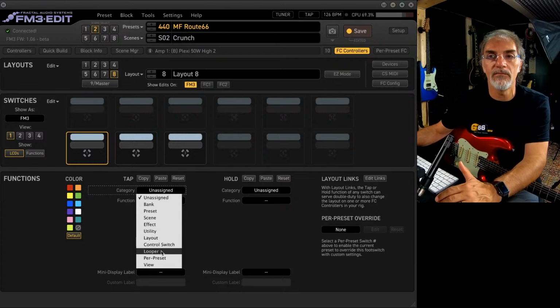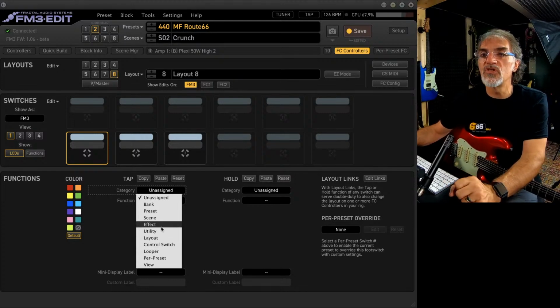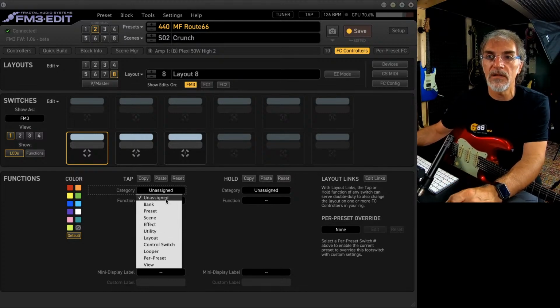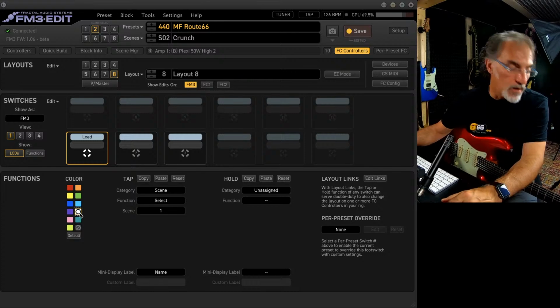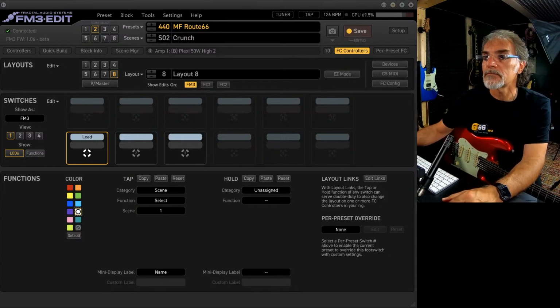You have many possibilities. If I want, for example, to change the scene of my preset, I select the scene. As you can see, the default color is red, but I can change it to, for example, white.